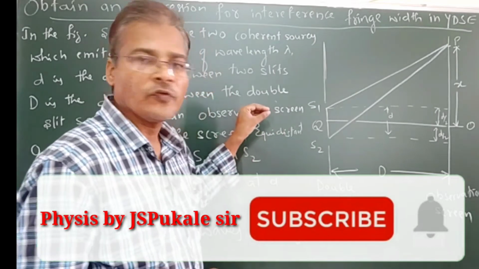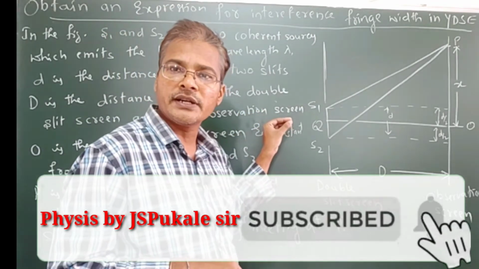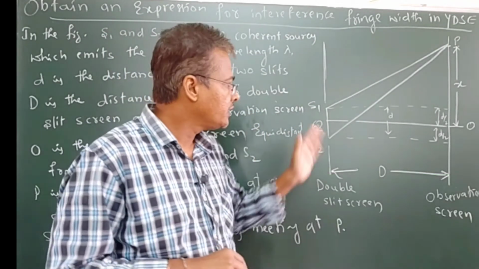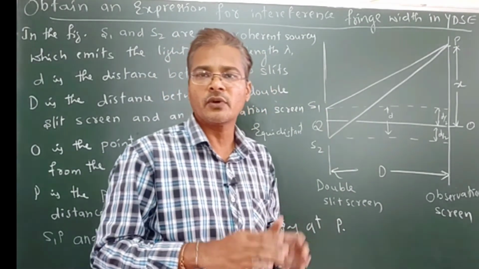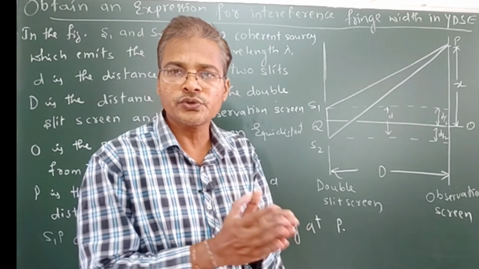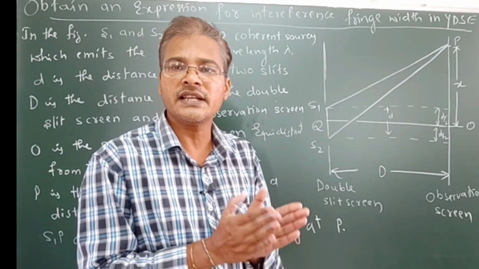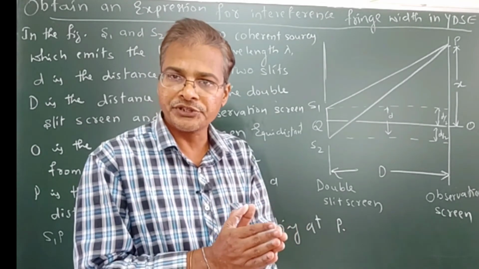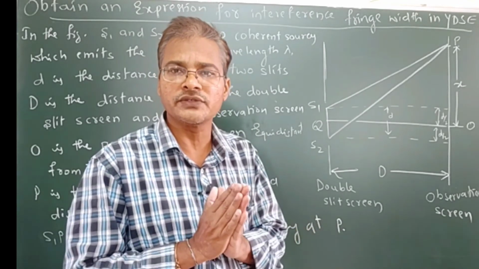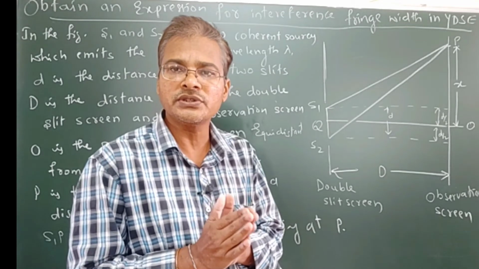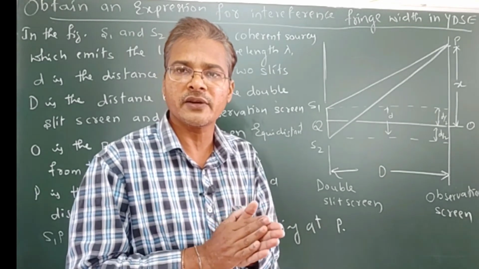So here what happens? There is a coherent source sending light into this. Due to the two sources with the same frequency and nearly the same amplitude, they interfere with each other, meaning they superimpose with each other. When they superimpose, there is a redistribution of energy. We are going to see that.